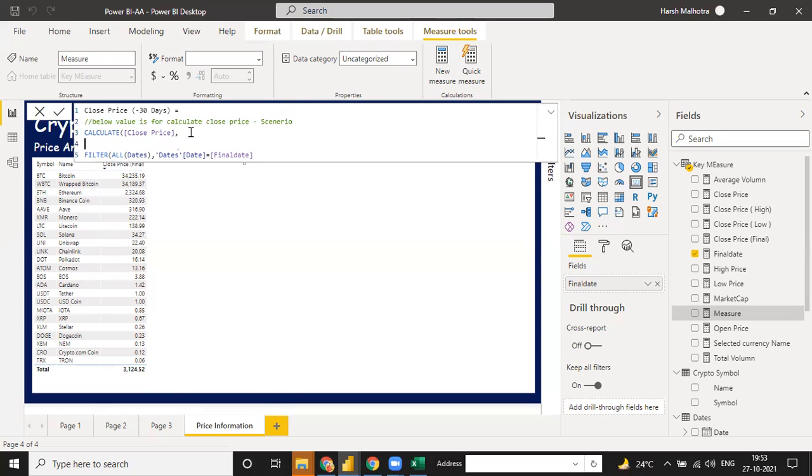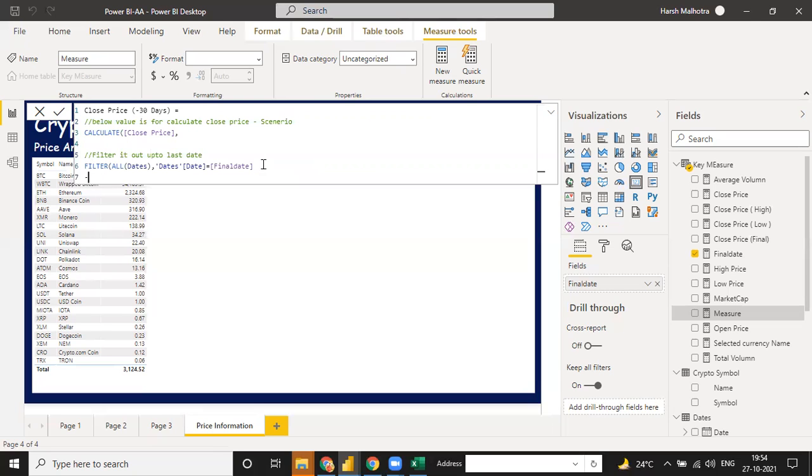scenario. And second thing, this is filter it out from up to last date. Last date. Okay, filter it out up to last date.